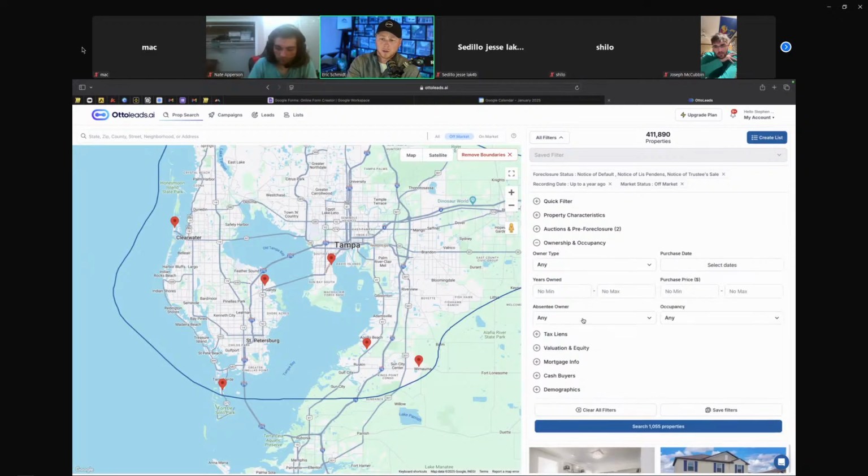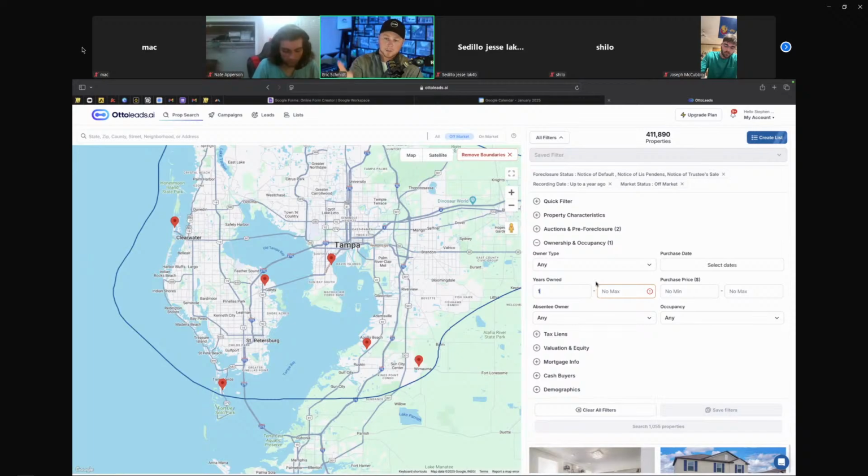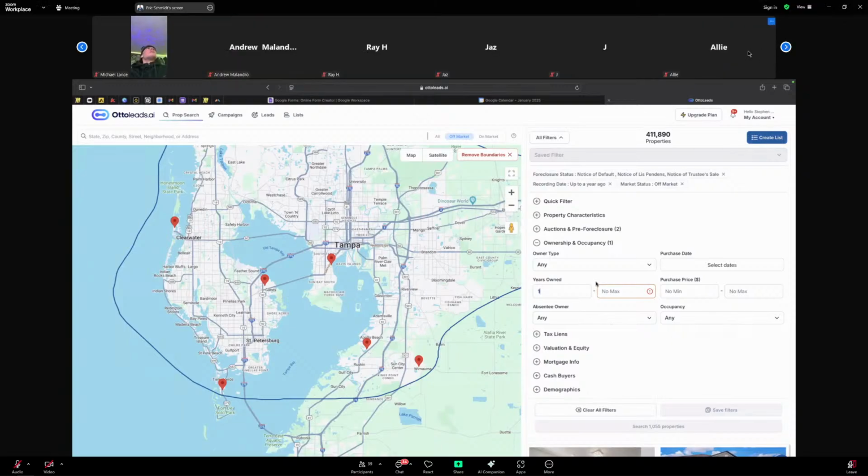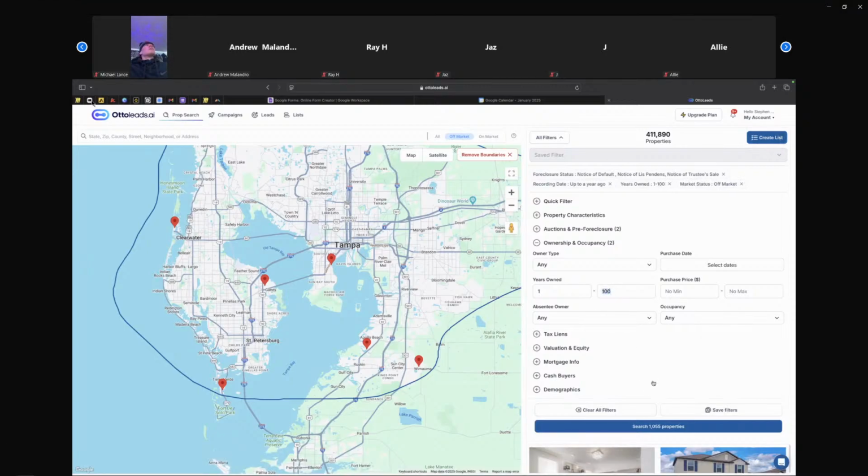And then what I also do is I go to ownership, and I do a minimum of 1 year owned. And what that's going to do is eliminate anything that got sold at auction, right? So it's going to produce all the current pre-foreclosures. So I selected pre-foreclosure, I did a minimum of 1 year owned, and I did recording date for the pre-foreclosure, recording date up to a year ago. Some of these features are a little stupid. They make you put in a max, so I would just put in 100 years, something like that, and it would do it. And then boom, as we see right here, 714 properties are in pre-foreclosure, and that's an excellent list to pull,